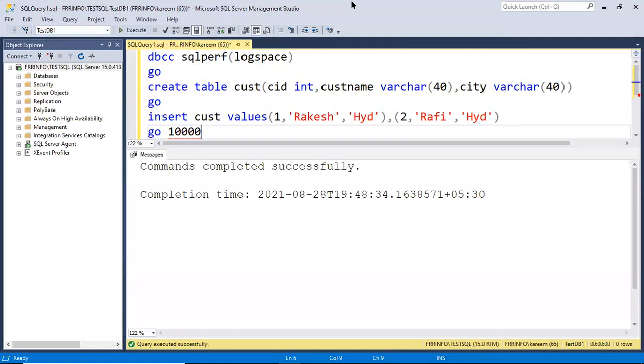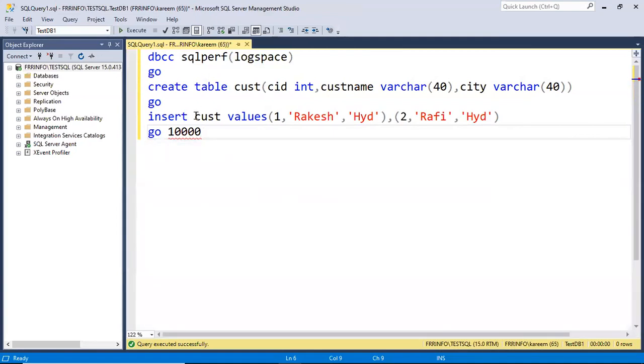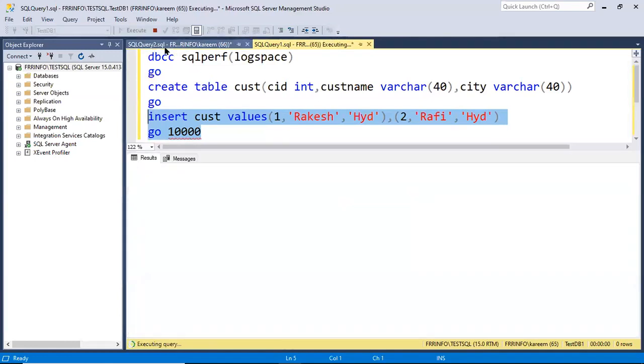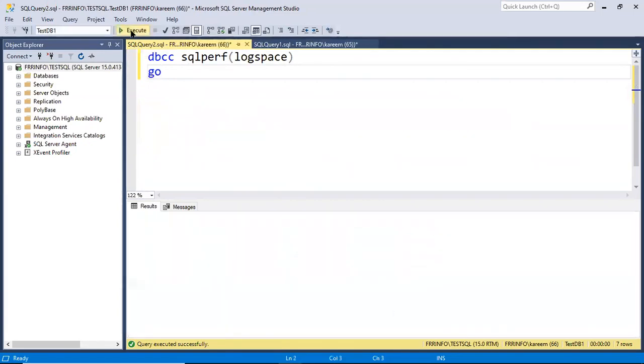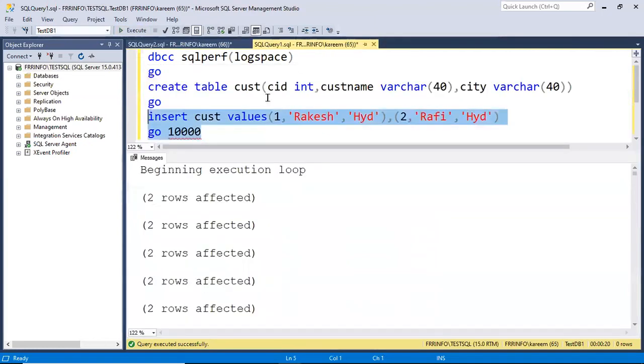Okay, right. Check here. I will run this command. Immediately it will start inserting data. See the log file growth, 31%. Again here 16%, means auto growth has happened. 38%, 40. Still the query is running here. 48, 56. Query was completed. Okay, just I will increase